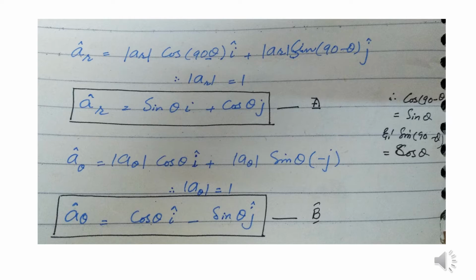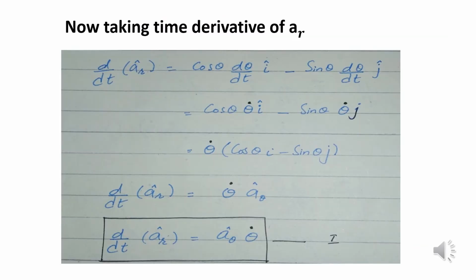Now for the further work we will go on to the next step. Now working for the next step for the polar coordinates value, we will take the derivative of AR unit vector. We will write d by dt AR unit vector is equal to cos theta d theta by dt i cap minus sin theta d theta over dt j cap,